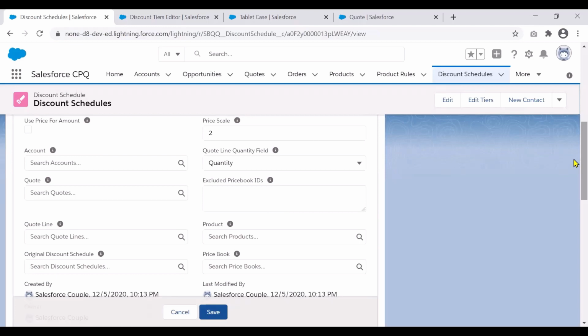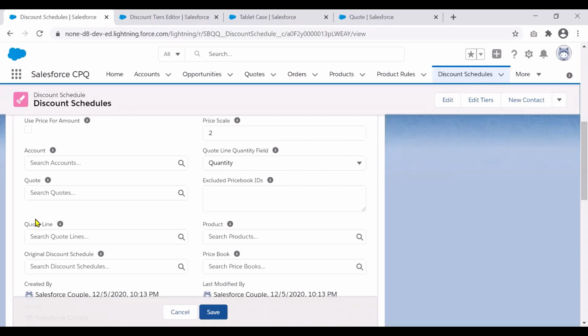There is one small part of this behavior which we need to be aware of. And that sort of pertains to how Salesforce does its save operation. So natively, when you add a particular product as a quote line on a quote, you need to click save for that particular quote line to be added. But let's say a rep goes to a particular quote, adds a quote line which has a discount schedule, updates a discount schedule, and then clicks save. What will happen is it actually creates a new discount schedule, but it does not populate this particular quote